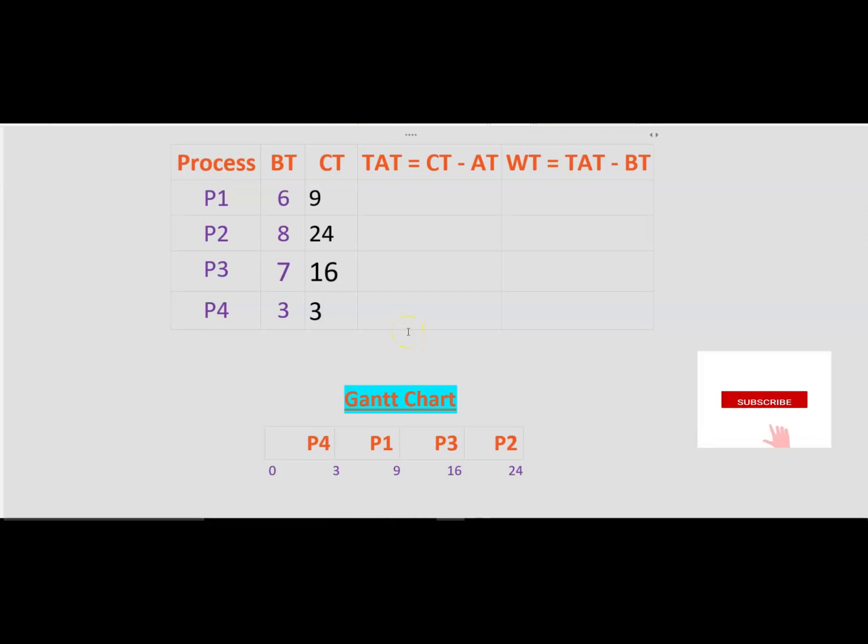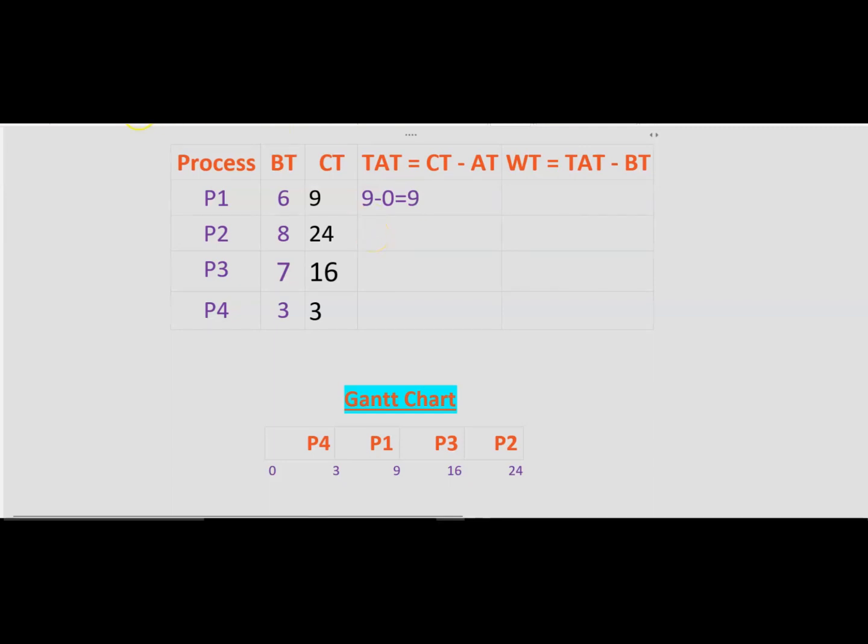So we got the completion time of all the processes. Now we can calculate the turnaround time as we have discussed the formula already. That is, turnaround time is equal to completion time minus arrival time. The arrival time is already given to us, that is all the processes arrive at time interval 0. Okay, the very first one is process P1, what is the completion time? That is 9 minus 0 is equal to 9. Okay, then comes P2.